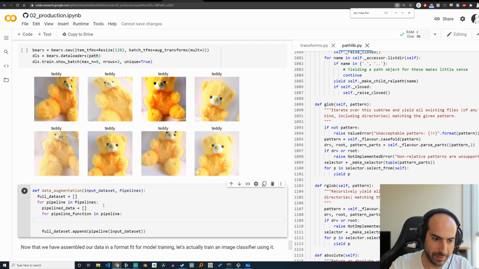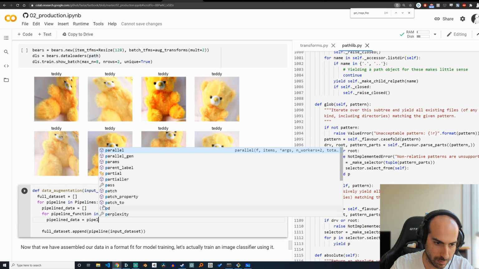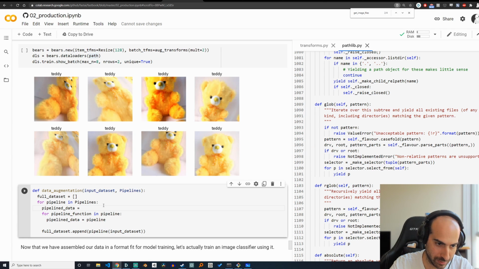Then you say, for each pipeline function in this pipeline, pipeline data is equal to pipe. Initially it would just look like the input data set, and then pipeline data is equal to